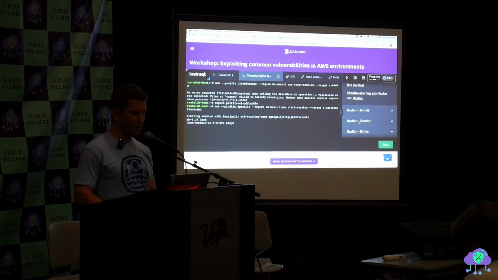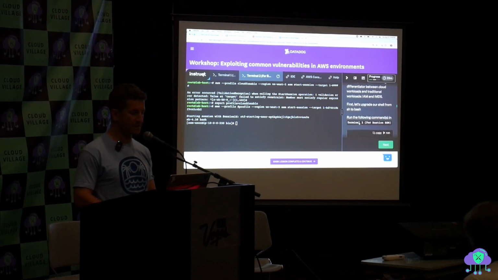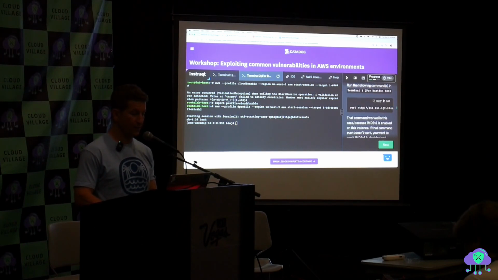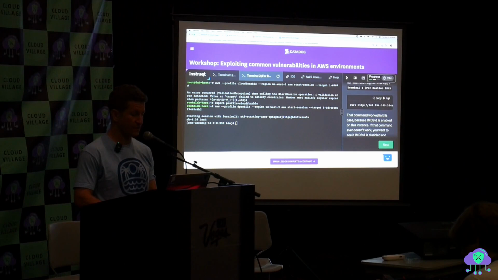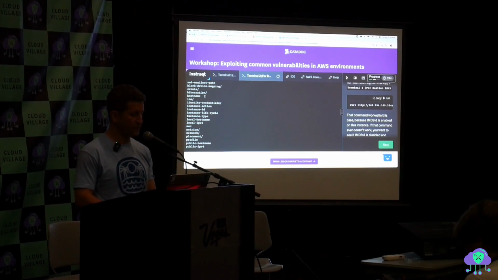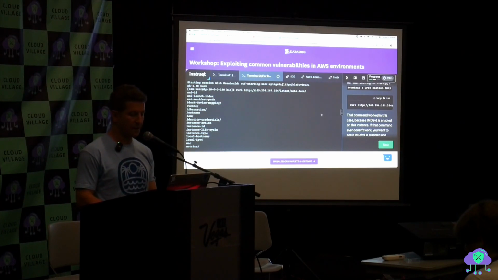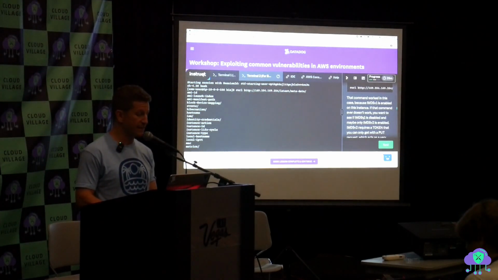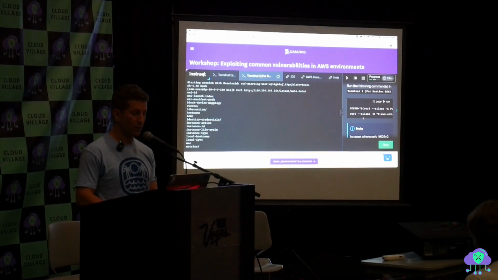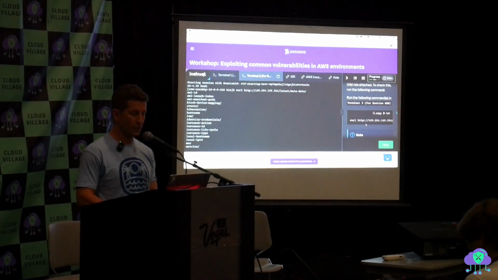So the first thing you want to do if you have access to an instance is check the instance metadata service and see if you have access to it. So that's what we're going to do right here. This means we curl the metadata service at 169.254.169.254. And then the next thing we're going to do is, if it has an IAM role attached to it, we will be able to